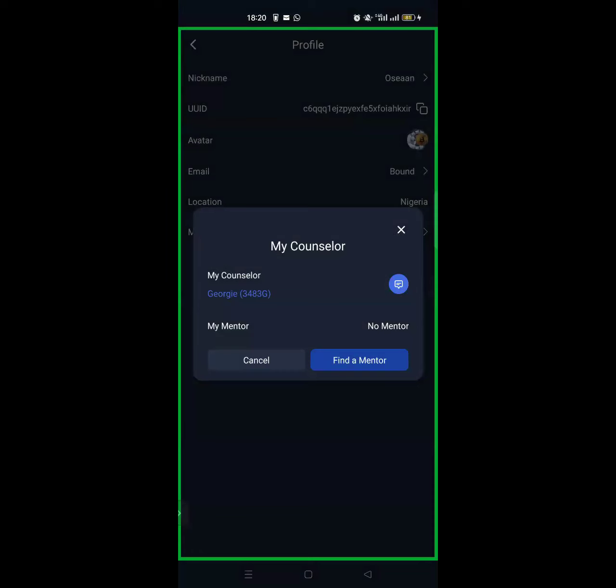then they send you a screenshot. Once they send you a screenshot, you have to confirm that you are their counselor before you can proceed to doing activation, because most of the time they make mistakes. Most of the time also, once they see you posting about RoyalQ, they must have even gone to download it and taken a referral from Google or elsewhere. So this is the first thing you need to do before guiding them on how to activate. If not, you're going to lose your reward. So you can see here,